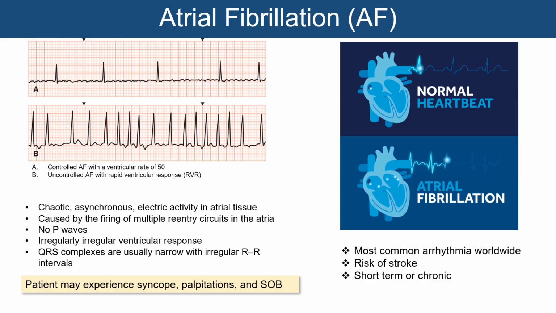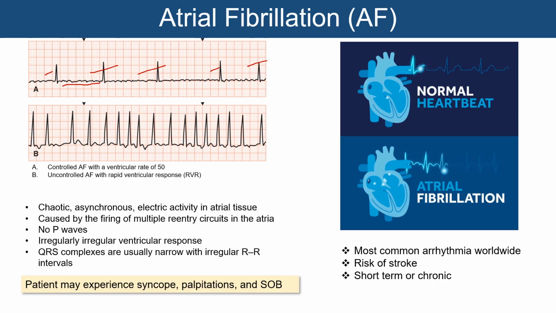So you see we have two types here. The top one is controlled atrial fibrillation. So that means it has a rate of less than 100. Okay, so you can see here if we count the R's, 1, 2, 3, 4, 5. 5 times 10 is going to be 50. So that rate is 50. And we don't count the P's because it's impossible for us to count all those little quivering lines because there are no P waves. This bottom one is uncontrolled AFib, and when it's uncontrolled with a rate of higher than 100,